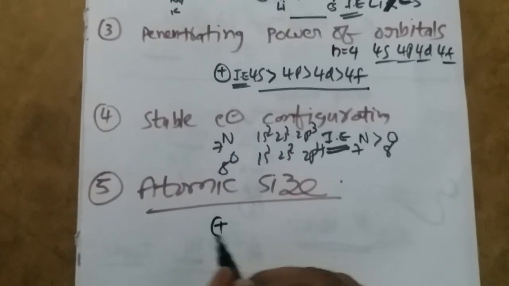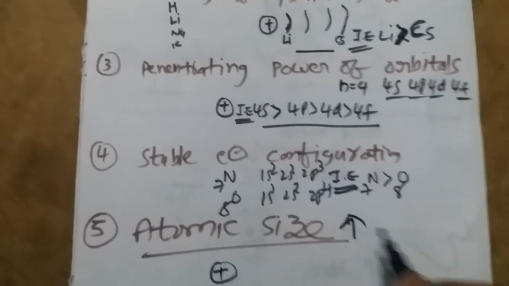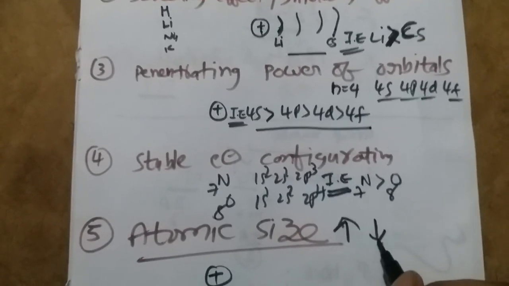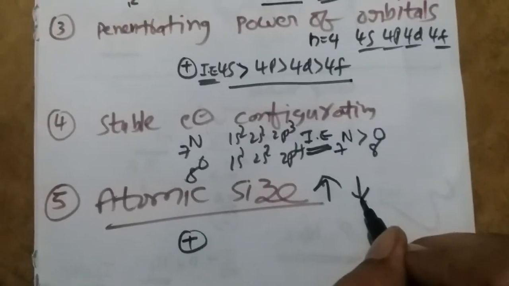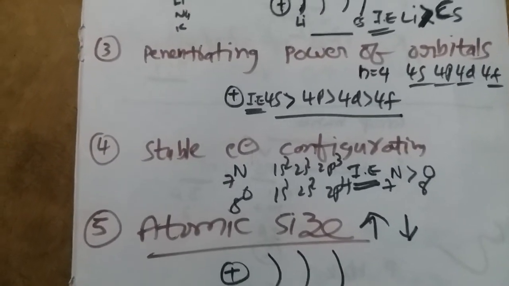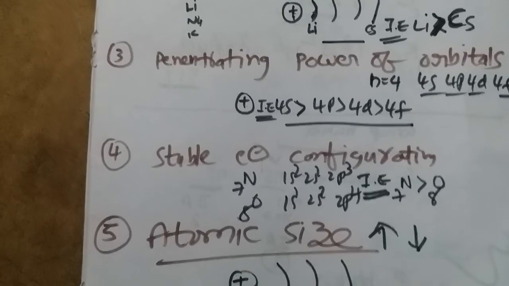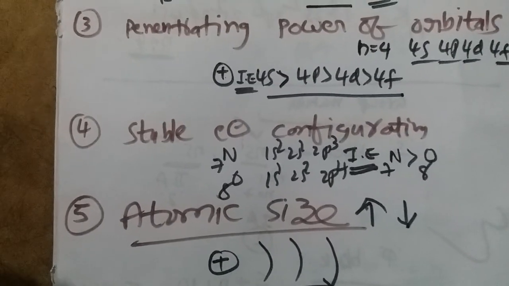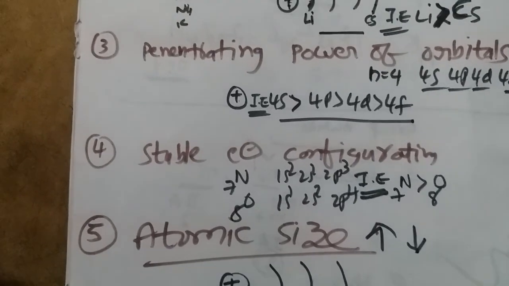Atomic size. As atomic size increases, ionization energy decreases. Why? Because the nuclear attraction force over the valence electrons decreases as atomic size increases. Then we can easily remove